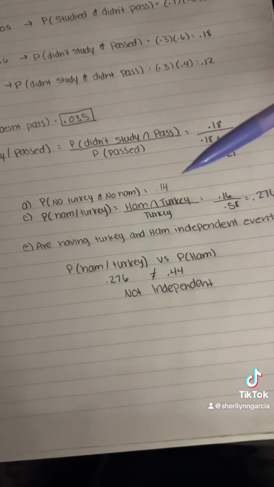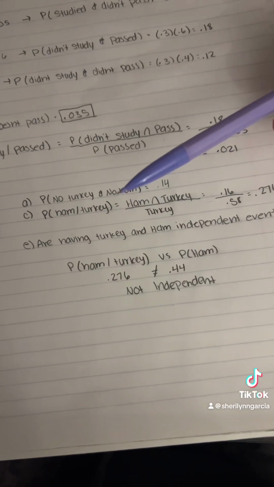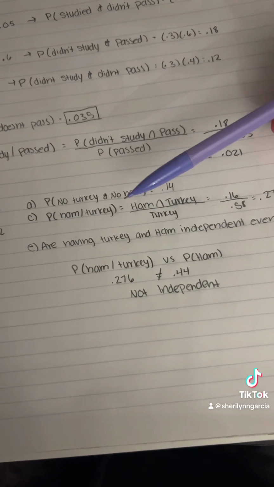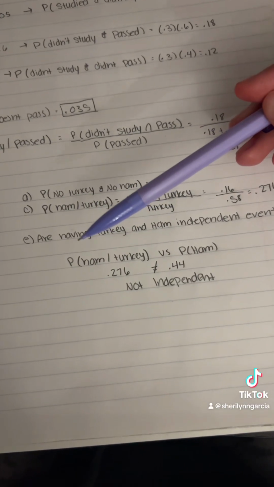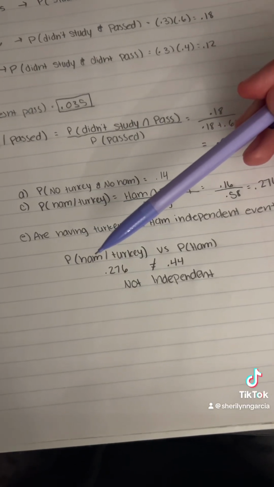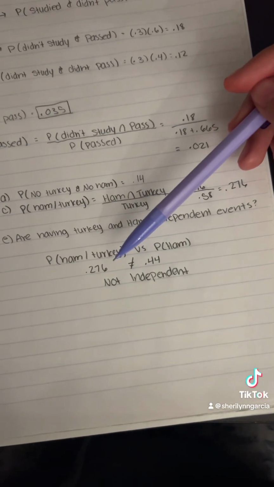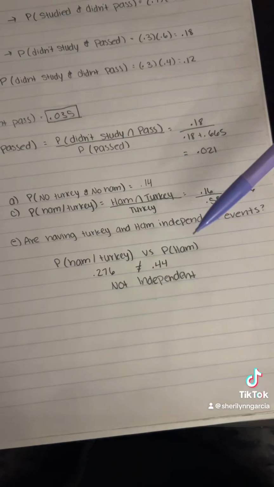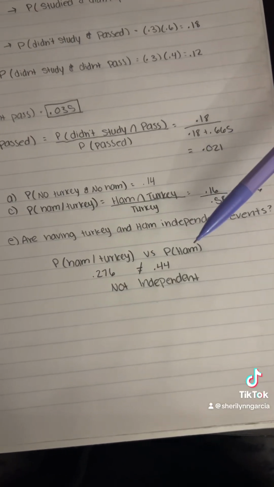Usually you do the one that you already did though, because usually it asks you a given before this. So we did this one already. So let's do that one. So we already had the answer for that one. Probability that they had ham given that they had turkey. We solved that. It's 0.276. Now you're going to, since you have to try to figure out if it can happen on its own, I usually always do